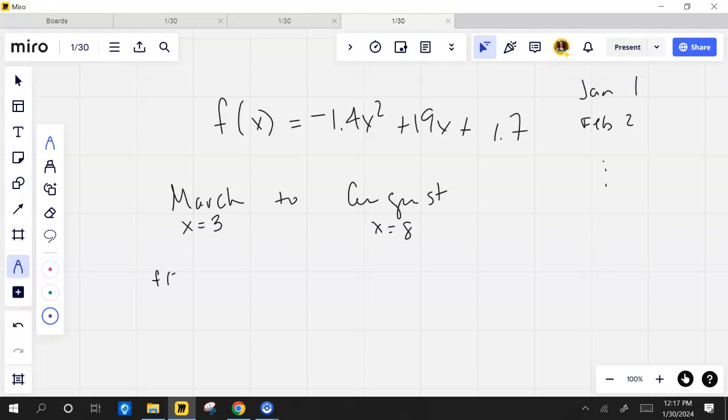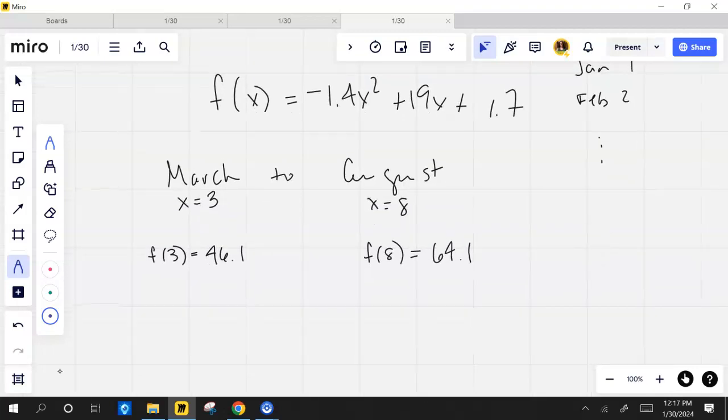So I'll do F of 3, and I'll plug that in. You get 46.1. And then I'll do August, which is F of 8, and you get 64.1. And now I just do AROC. So I do 64.1 minus 46.1 divided by 8 minus 3. And so if I put that as a decimal,